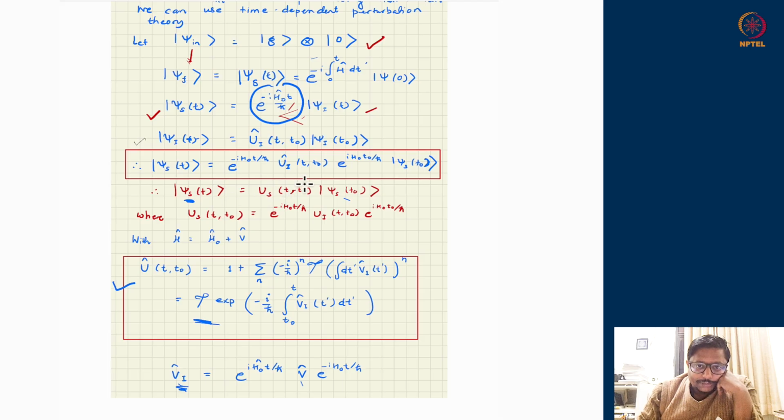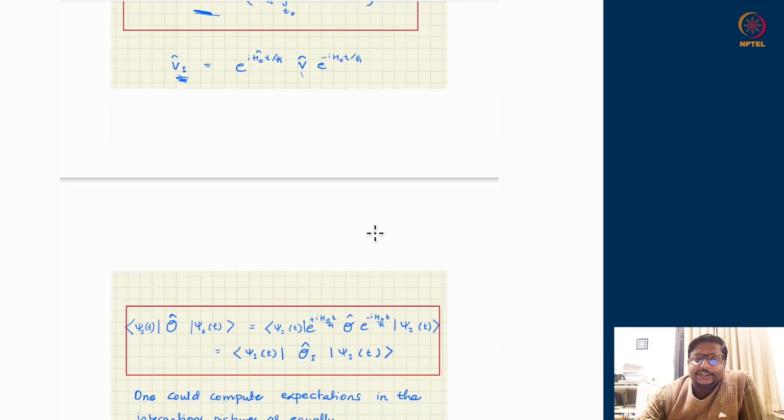Now there is a relation between this unitary of the interaction picture and the Schrodinger unitary, which I have written over here. This is a simple exercise for you to prove: U S of t comma t naught is just the interaction picture unitary squeezed between the free Hamiltonian unitaries at different times. The left hand side is the unitary at time t, and this is the unitary at time t naught according to the free Hamiltonian. Again, this is nothing new which we do not know about. This is just a rewriting of the formulae of week 2.